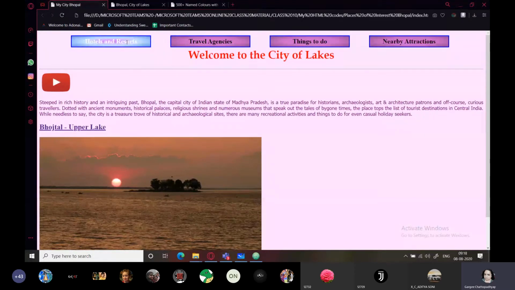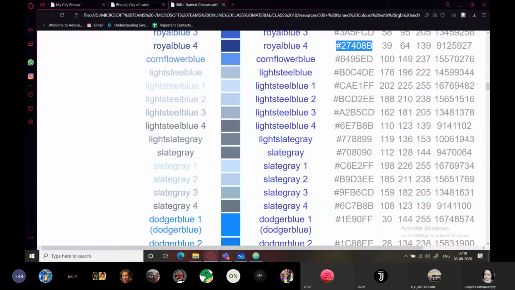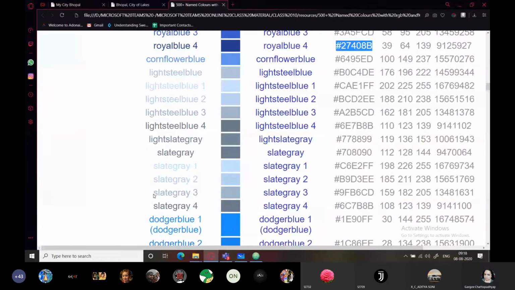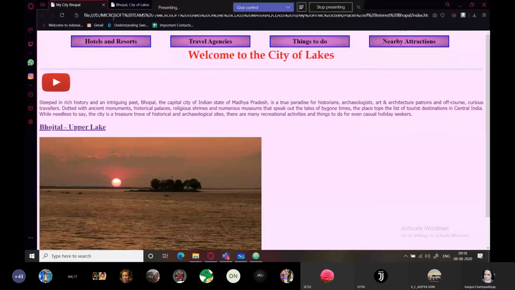Maybe I'll try changing the font color over here and give it a royal blue 4. So I'll go to color and, instead of white, I'm going to give it this. Yes, it's a little bit okay. So this is how you can change the color.